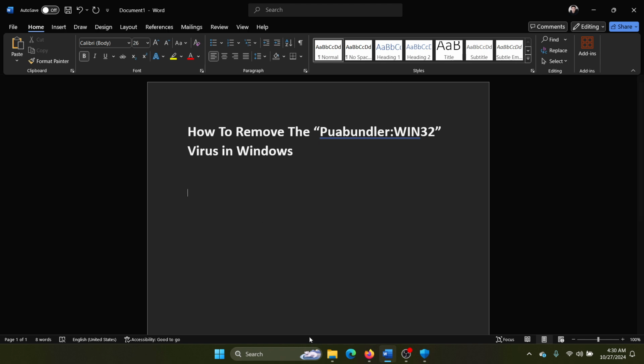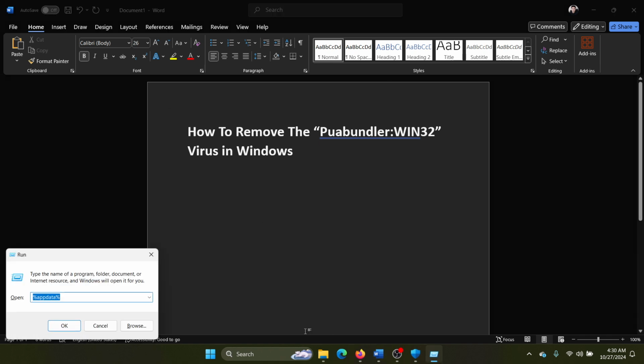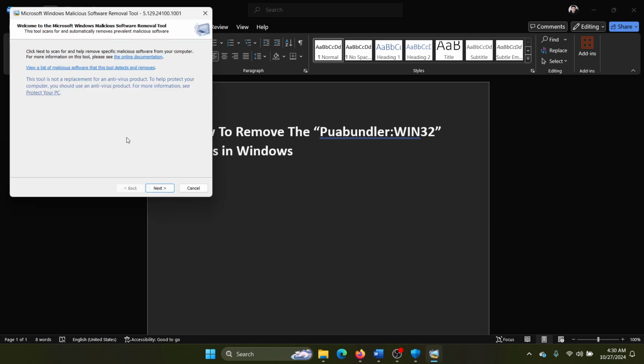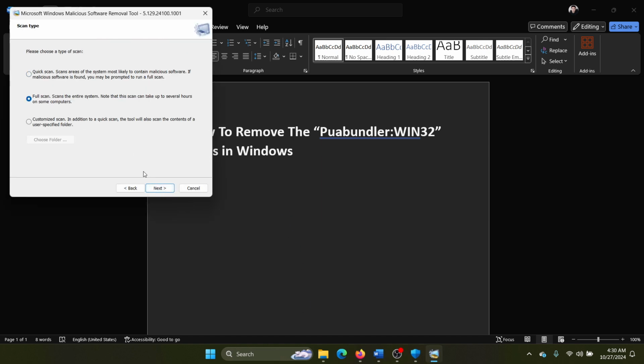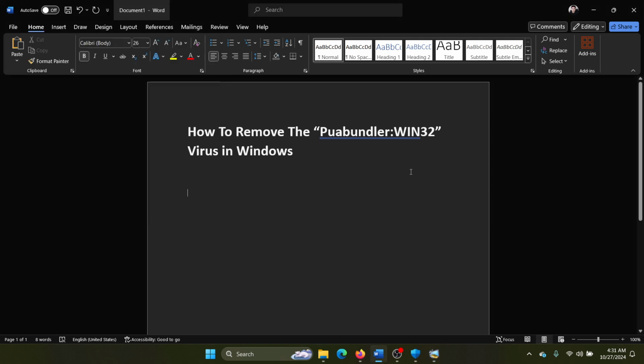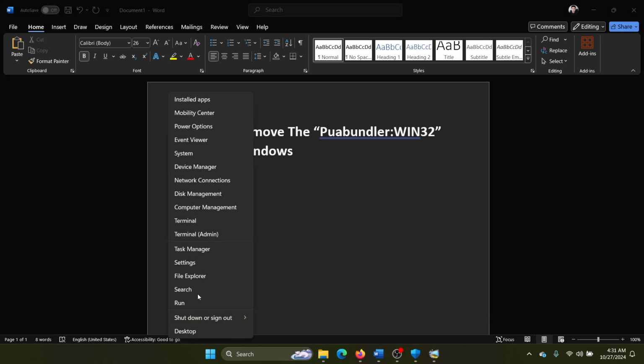So you need to press the Windows key and the R key together to open the Run window. Type the command MRT and hit enter. Now click on next, select full scan and click on next. Let this scan finish this problematic virus on your system, and other than that, right click on the start button,